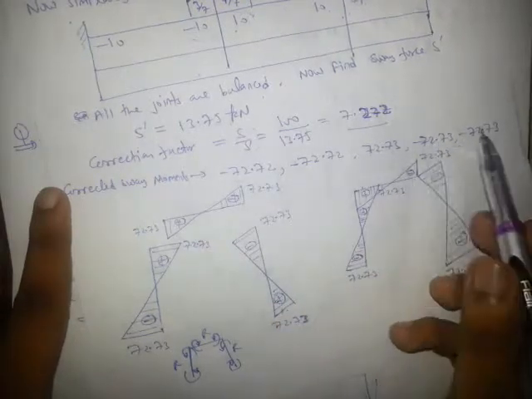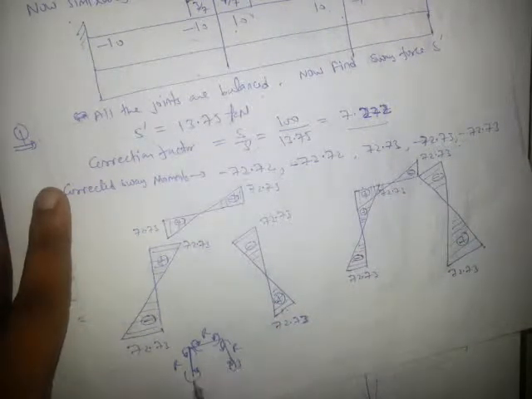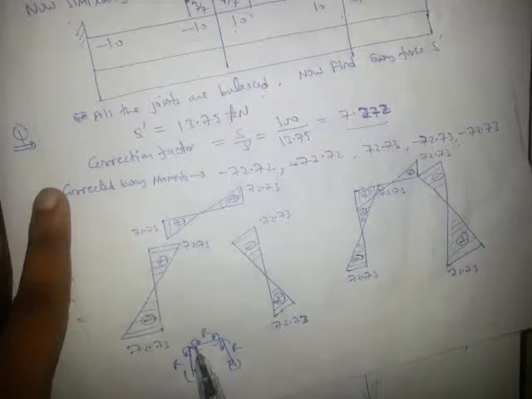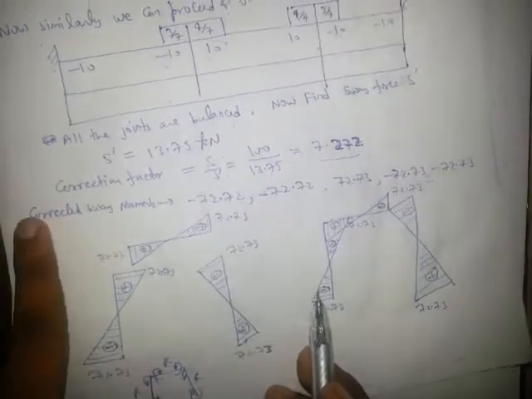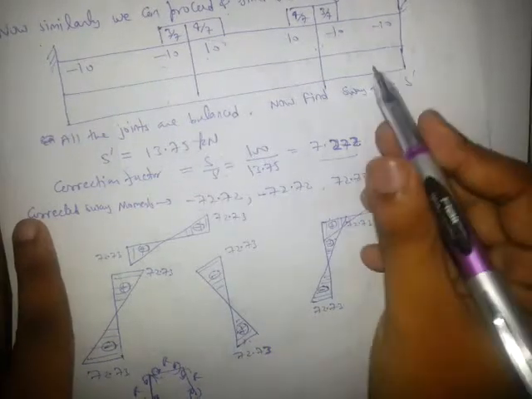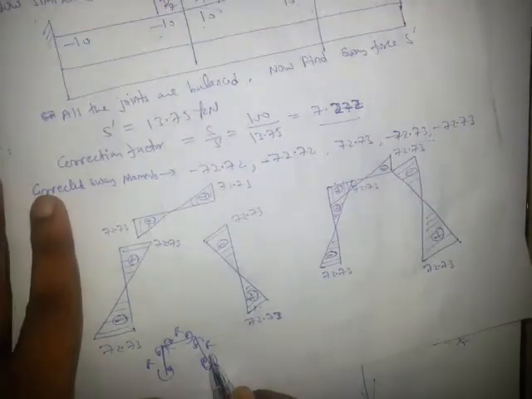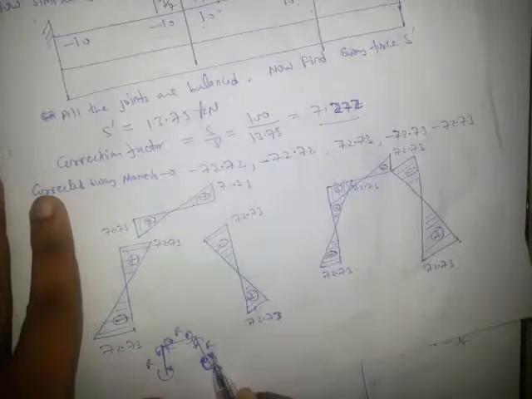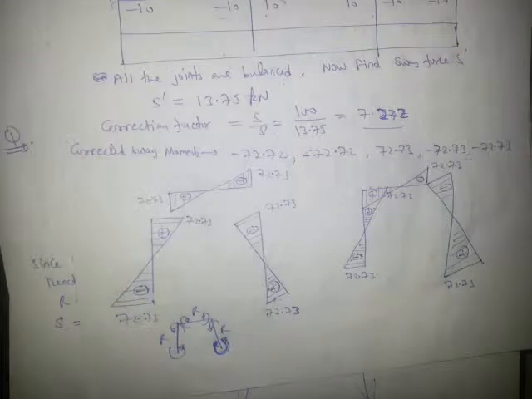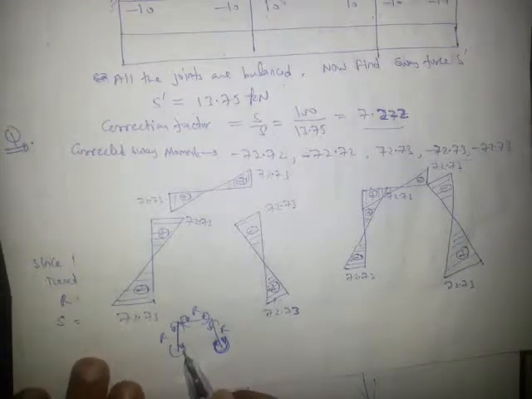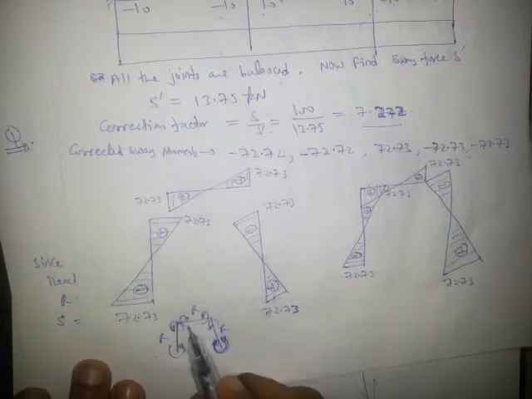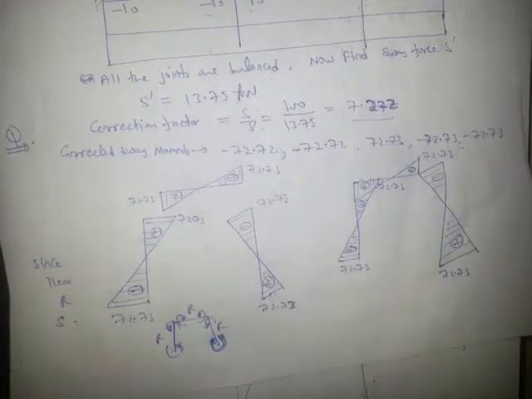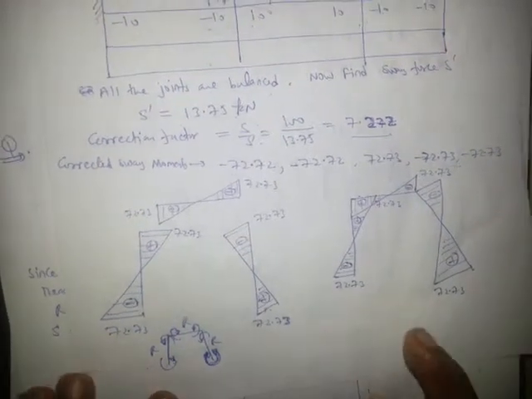1 2 3 4 5. 1 2 3, 1 2 3 4 5 6. These should be 6, right? So again the last two are again minus. Minus means anti-clock, right? Like this. So we can say that this arrow is inside, so plot outside. This is outside means plus, plot inside. So in this manner we can draw, right? This is the final. This question can be asked because this is an easy one.